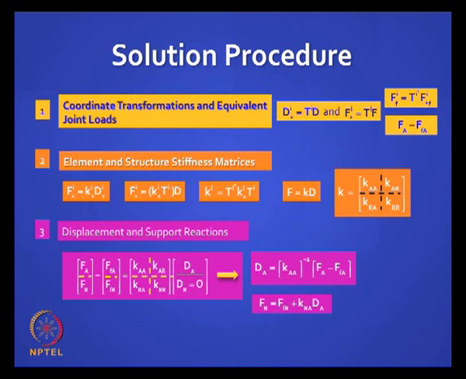Take the first equation, invert your Ka matrix after you found it, find out your equivalent loads at the active degrees of freedom, find the unknown displacements, use that to apply in the second equation and find the support reaction. Is it clear? It is very simple, very straightforward, but you have not done any problems. This is your first problem.